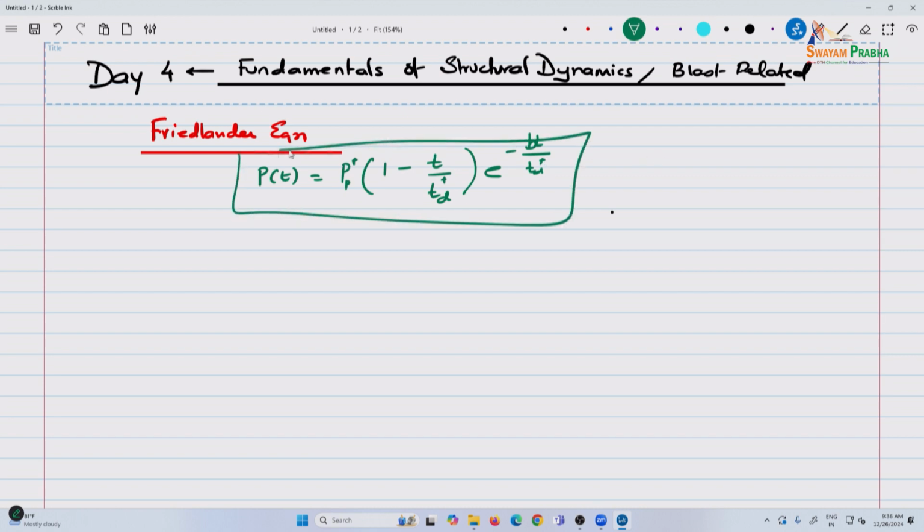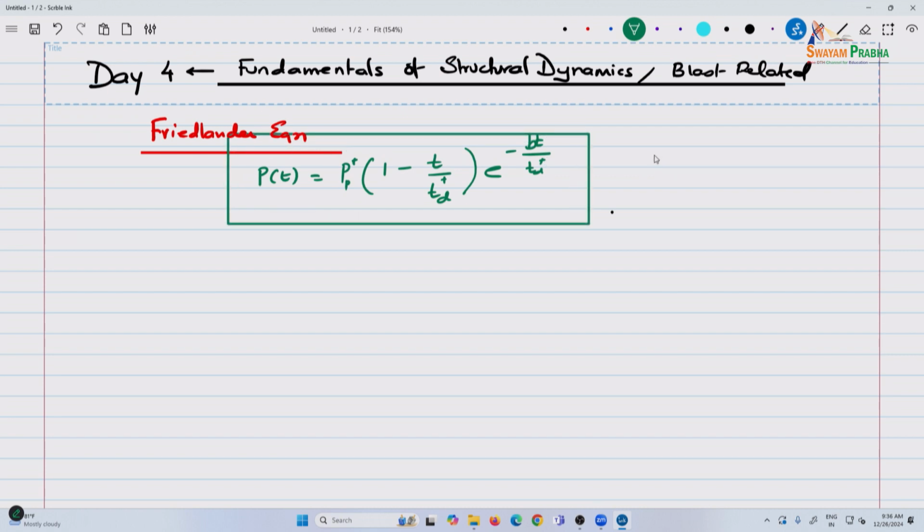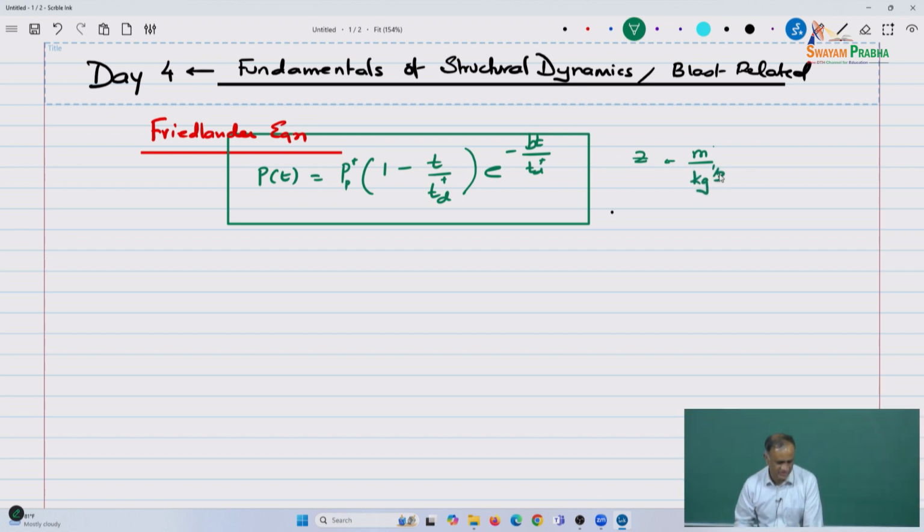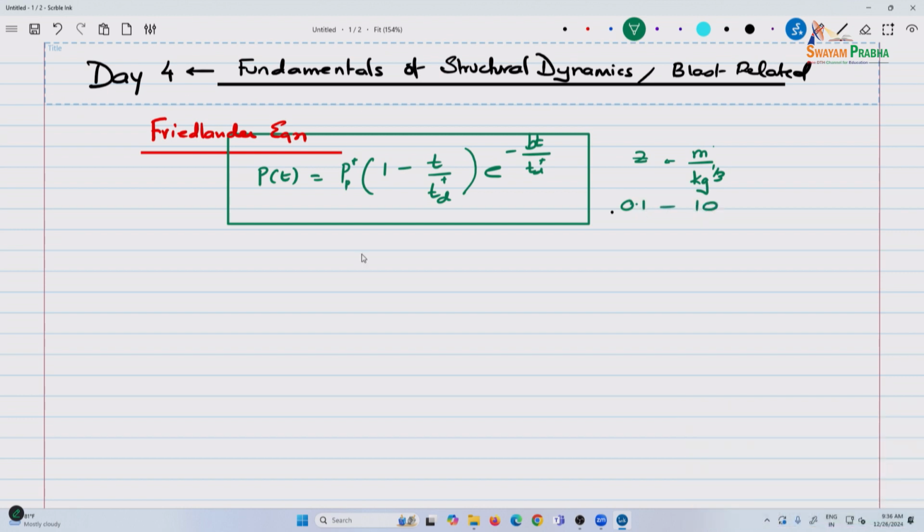For an expression like this, Z is in meters, in SI system units, and the range of applicability is from 0.1 to 10. And for something like this, b, the decay function, is given as,